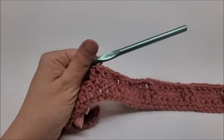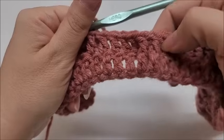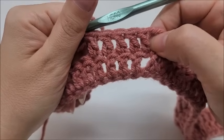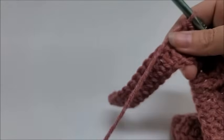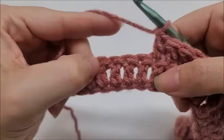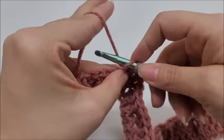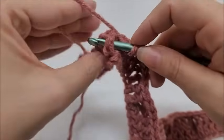Alright, I have made it to my last 14 stitches of row 2. So I did 2 front post double crochet here, then I went and did a regular double crochet into the next 5 stitches, and that ended the repeat, and I have 14 stitches that remain. So we're going to go ahead and end the row. We're going to go ahead and do one of those large cables again. So we are going to skip the next 3 stitches, and in the next 3 we are going to do a front post triple. So yarn over twice, skip 3, 1, 2, 3, and front post triple